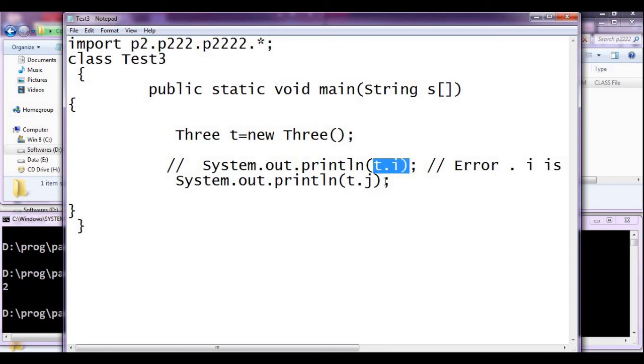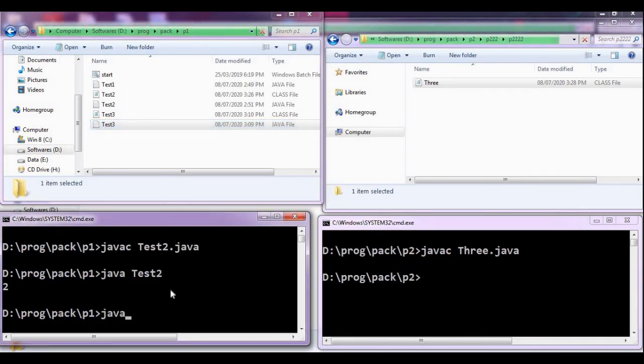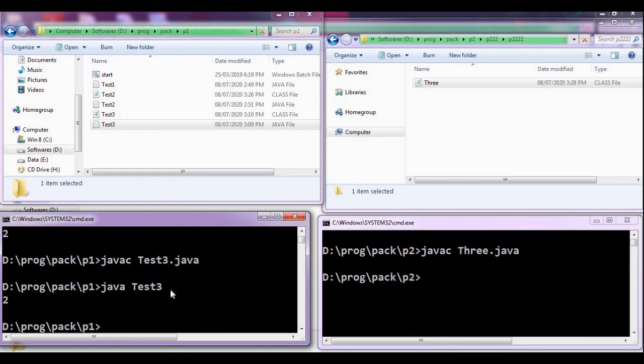We cannot access i because it has default access. We can access j. Now let us check it. javac test3.java, java test3. See, we can access the variable j, which is publicly available.